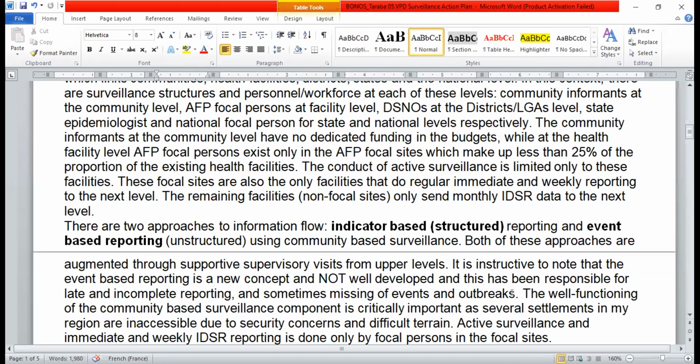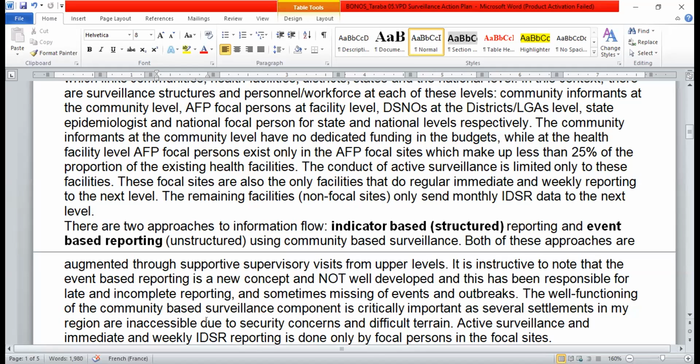It is instructive to note that event-based reporting is a new concept and not well developed, and this has been responsible for late and incomplete reporting and sometimes missing of events and outbreaks. The well-functioning of the community-based surveillance component is critically important, as several settlements in my region are inaccessible due to security concerns and difficult terrain.